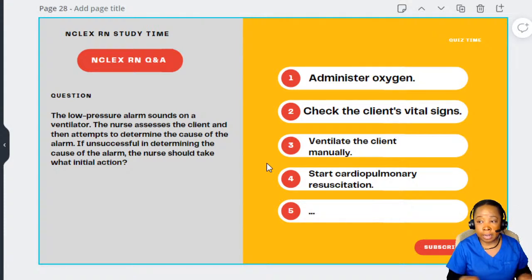If there's a leak in the system, for example, the leak can be in the circuit, the tube, it can be in the ET tube, and also the leak might be through the patient's mouth or the trach, maybe it's loose. If the ET tube or the trach is